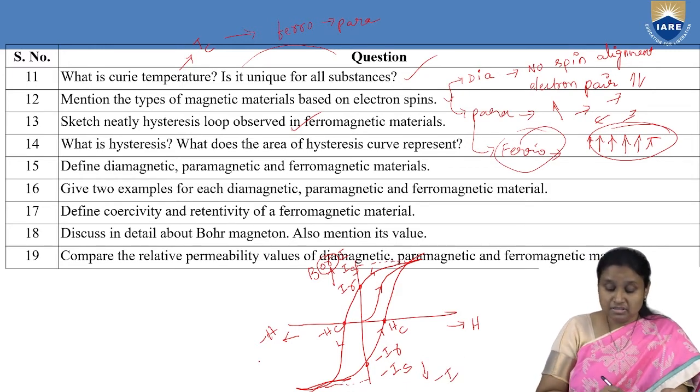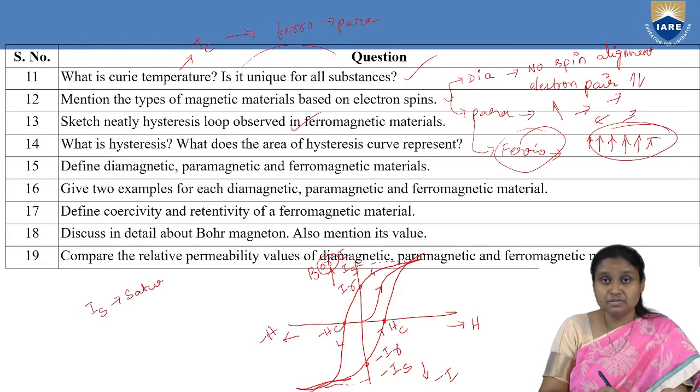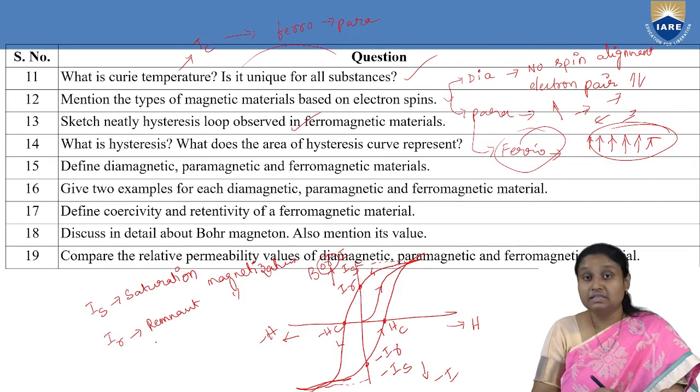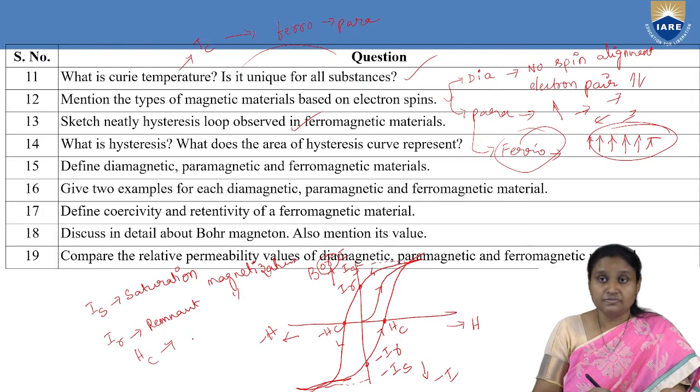Coming to these terms, IS is called saturation magnetization, whereas IR is remnant magnetization. It is also called retentivity, and HC is called the coercive field or coercivity,